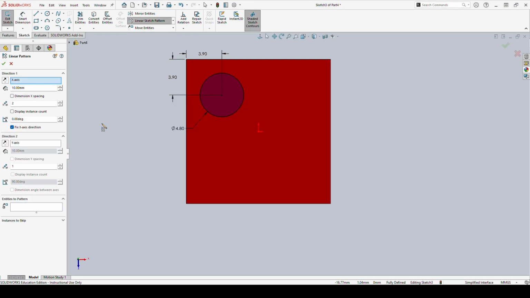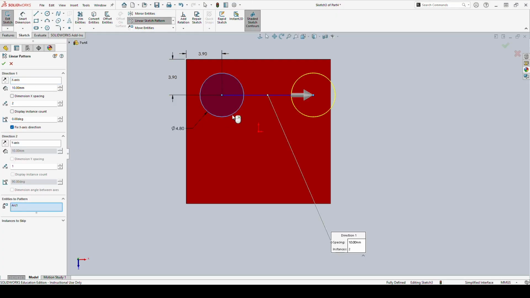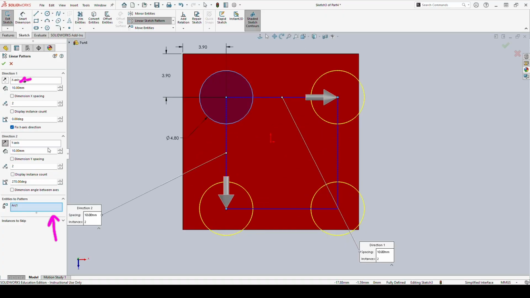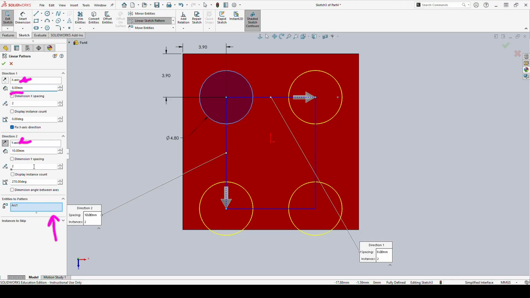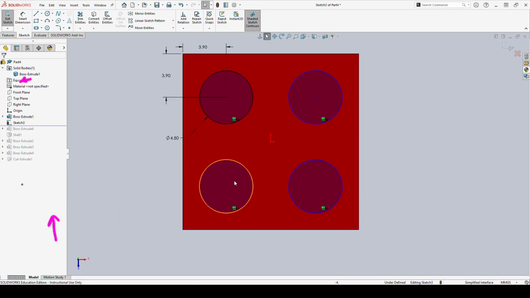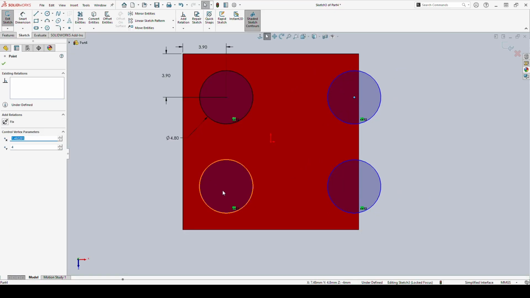With that, the first one we're going to talk about is the linear sketch pattern. So what we have to do is select what exactly we want to be patterning right there. We have to select the directions we want it to be patterning in, the spacing of them, and the number of them. And what we see here is that it creates that nice little sketch pattern